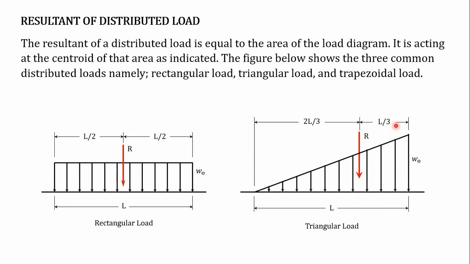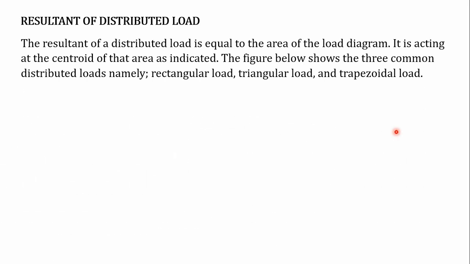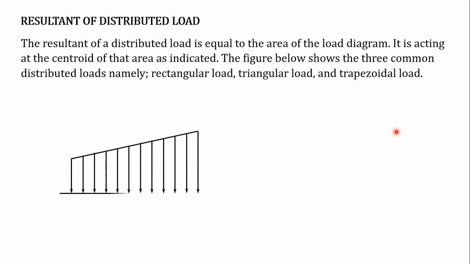And then the third class is what we call the trapezoidal distributed loading. Its length is L and this is our intensity. The height here is WO1 and this one is WO2, where WO1 is not equal to WO2, because the intensity is higher here, class. The intensity is increasing. So how do we get the